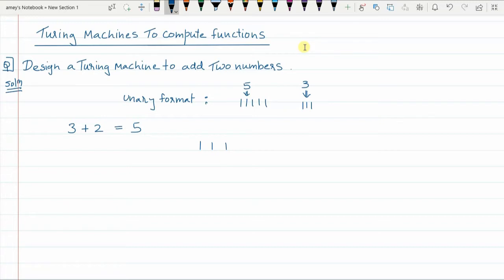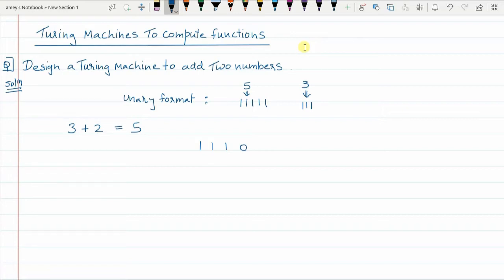But all the numbers are represented with only ones. How will the Turing machine distinguish between the first number and the second number? So we also have to add a filler, a padding, that is 0, with the understanding that the two numbers to be added are separated by this 0. So whenever 0 is read, the Turing machine will understand that the first number is already read, and now the reading of the second number will start.